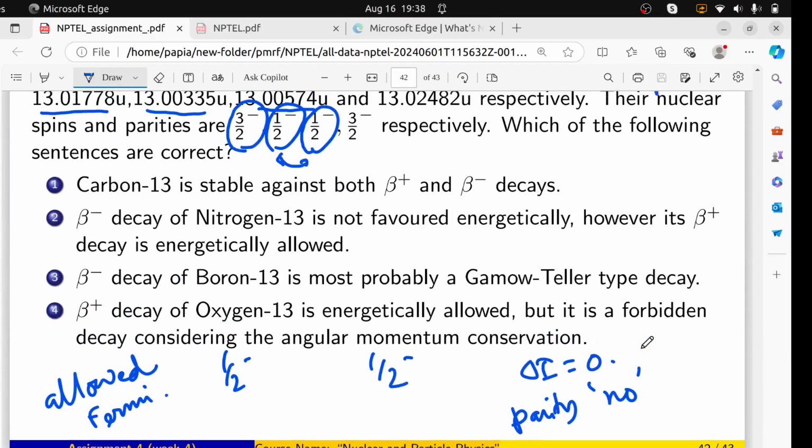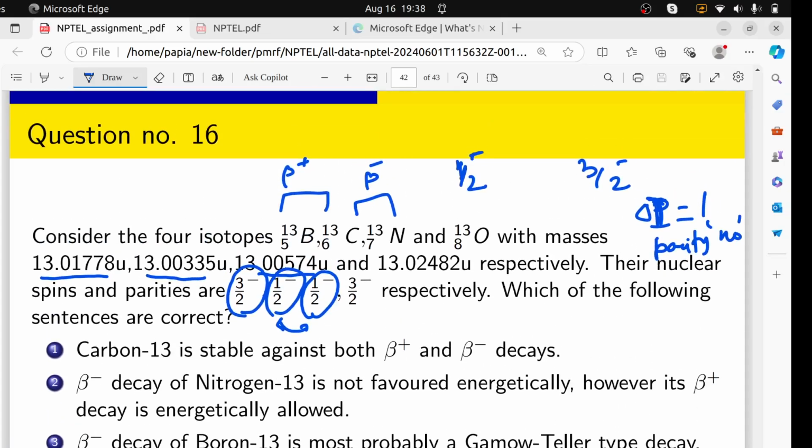Yes. So carbon 13 is stable against beta plus and beta minus decay. That is correct. But stable means in which sense? It is not energetically favored, but in terms of IP calculation it is favored. So that's what I am telling, it is against stable. Beta minus of nitrogen 13 is not favored energetically. However, its beta plus decay is